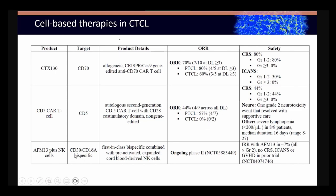And then the last thing I want to mention is a bispecific antibody. And if you remember my talk about bispecific antibodies, I told you that it's an antibody that has 2 different arms. One arm is targeting the tumor cell, so that would be CD30. The other arm is targeting a T cell or an NK cell or one of the effector killer cells that's going to kill that tumor cell. So this treatment is called AFM13. And this is an ongoing phase 2 clinical trial. And so hopefully we'll see some data from that